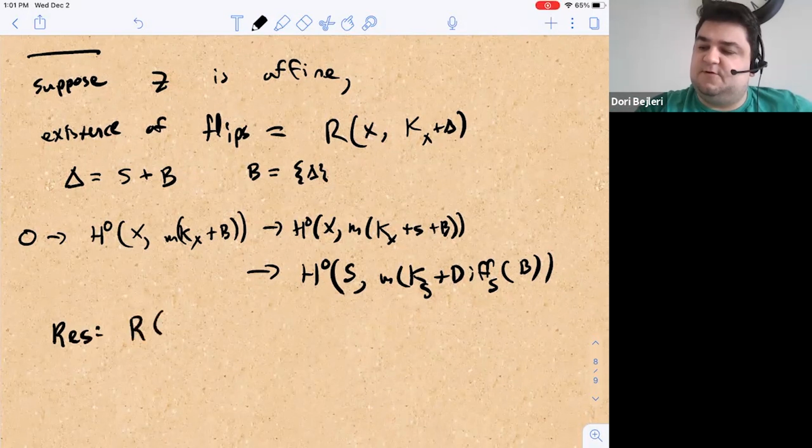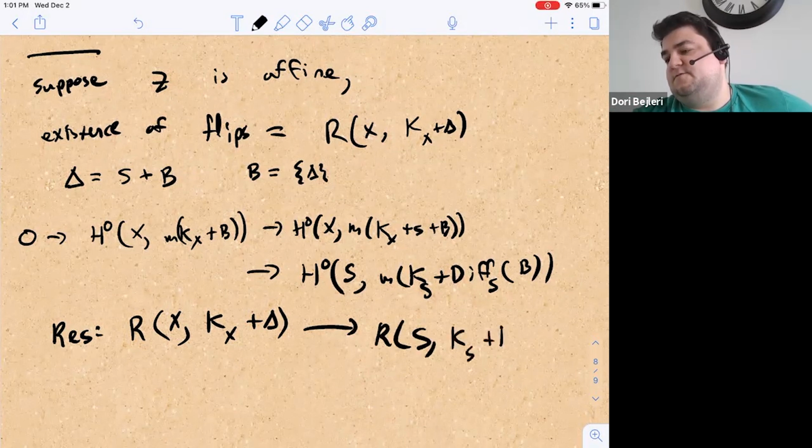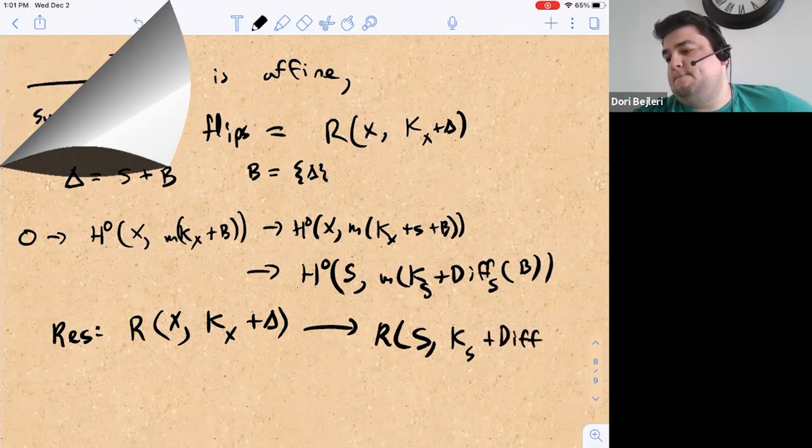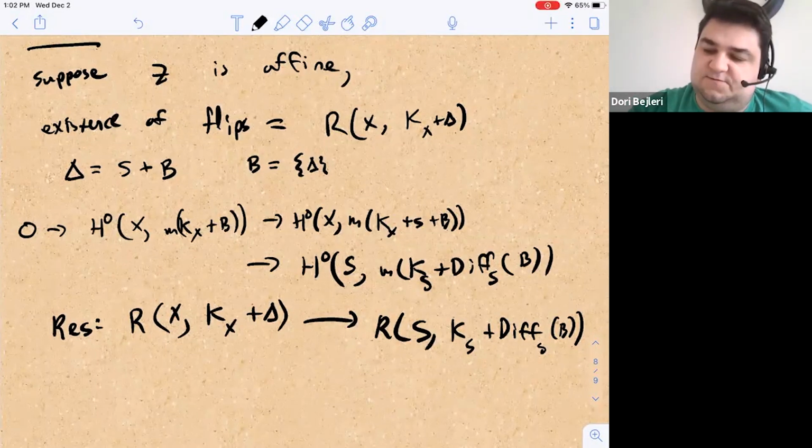So we get a restriction map from the log canonical ring of Kx plus delta to the log canonical ring of Ks plus the different. It suffices to prove that the image, this is an observation of Shokarov,